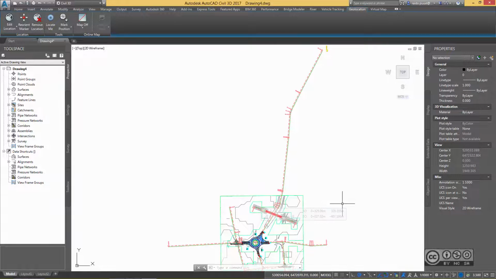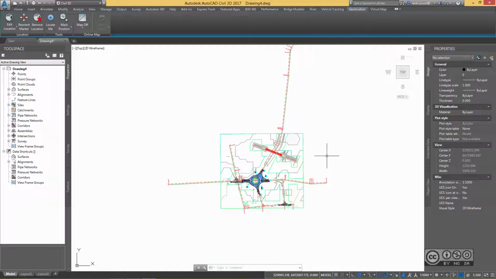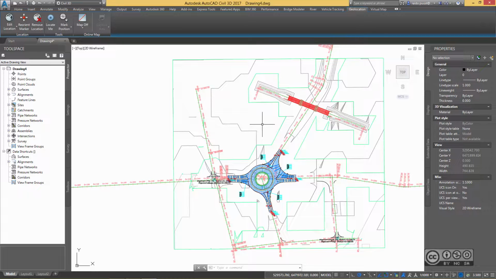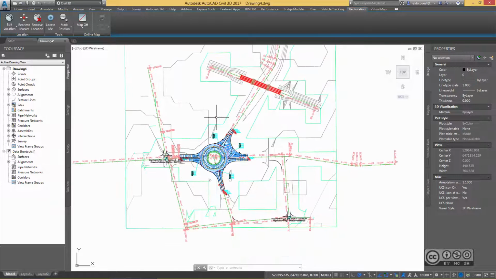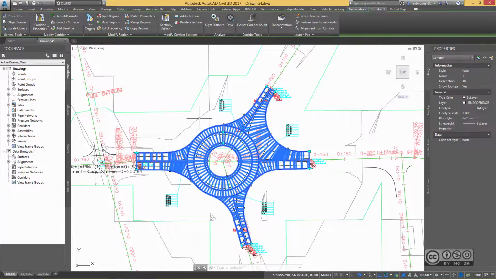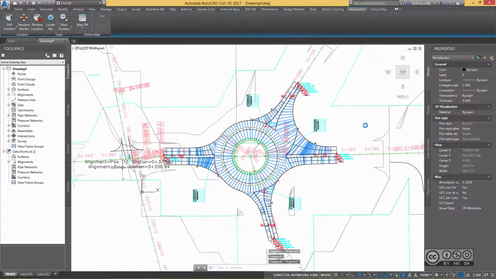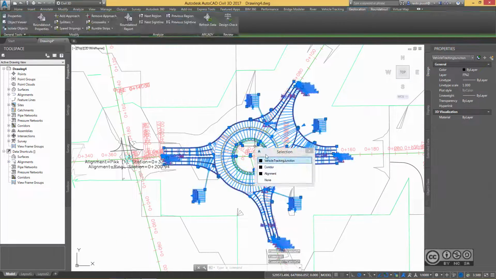Once I have imported data from InfraWorks 360 into Civil 3D session, I can see that my intersection objects are true corridor models, meaning that if I click on my roundabout object, I can see that my properties palette shows a corridor object type. But I also have intersection object. If I select it, I can see that my Civil 3D shows roundabout tab and different tools that are available straight away from Civil 3D user interface.